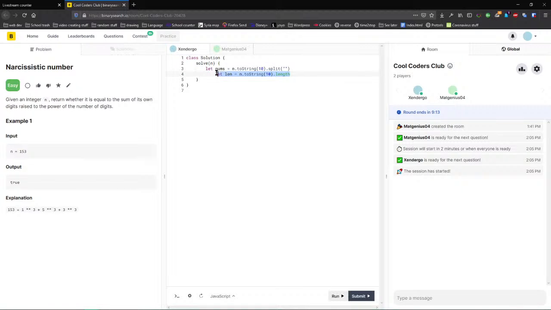Okay, so that will generate a list of all the digits. So then we need to have a sum. We'll initialize that to 0, and we'll loop through all the digits. So i equals nums.length minus 1, and i is greater than or equal to 0, and i--. And then we do sum plus equals